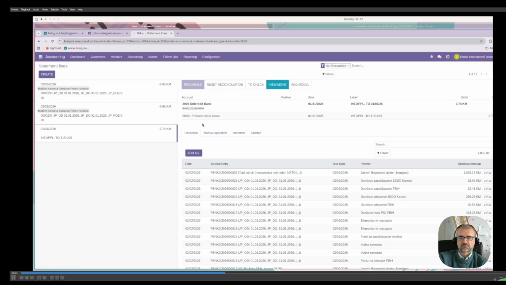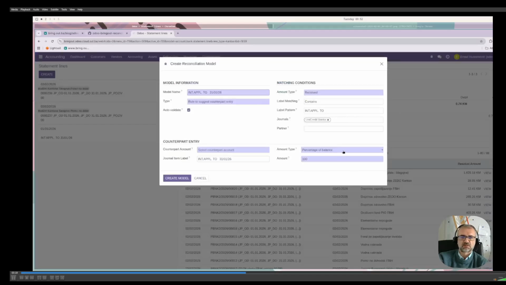And I explained that this is not covered by current reconciliation models. So there is a button when a transaction is new, not covered. Now we have that form to create a new reconciliation model,